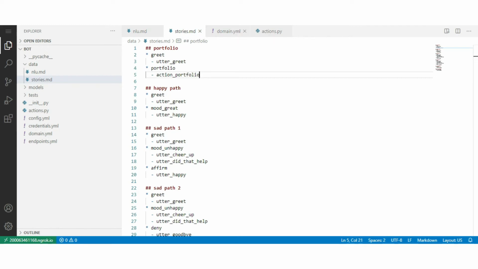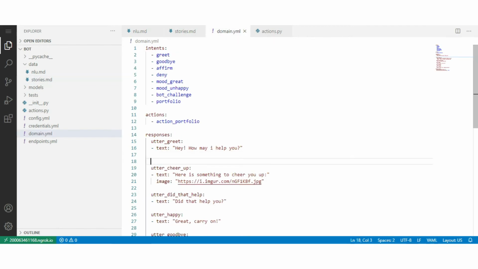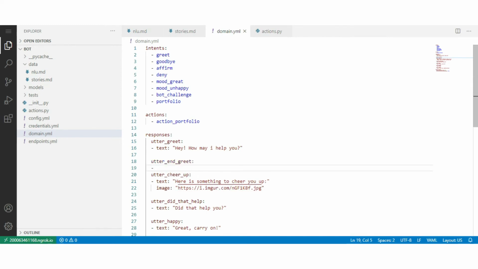So move to the domain.yml file, type utter end greet and add the response text which is given back to the user: Anything else in which I can help you?